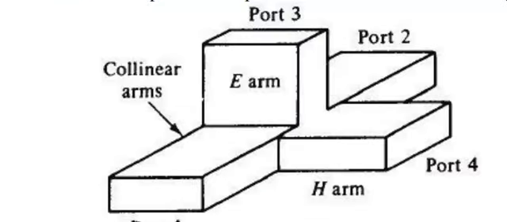The next one is the magic T. A magic T is a combination of E-plane and H-plane T. The characteristics of the magic T are: if two waves of equal magnitude and same phase are fed into port 1 and port 2, here this is port 1 and port 2. Port 3 is the E arm and port 4 is the H arm. When the waves are fed into port 1 and port 2, the output will be 0 at port 3.